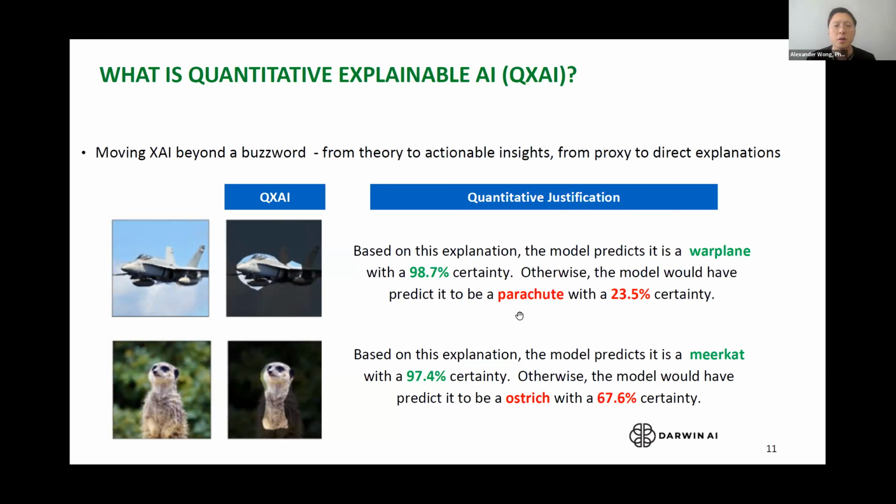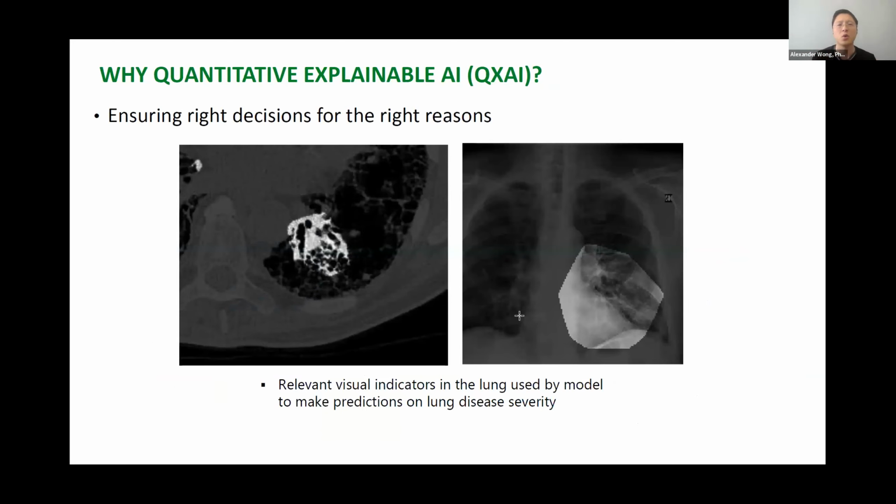So then the question is, why do we actually need quantitative explainability? The reason we need quantitative explainability is because it allows you to deal with a lot of situations where you can do the proper checks and balances to ensure that your AI is doing the right thing. And so there's actually a number of different use cases around that.